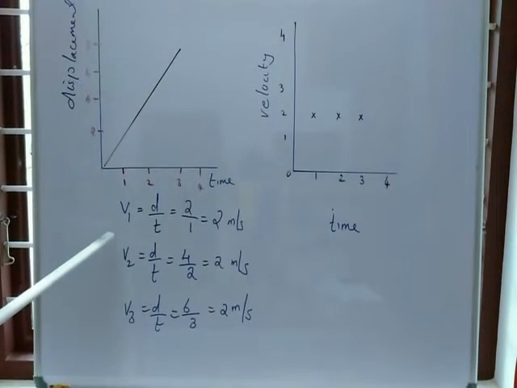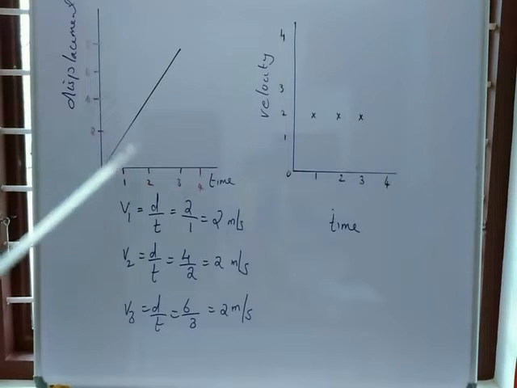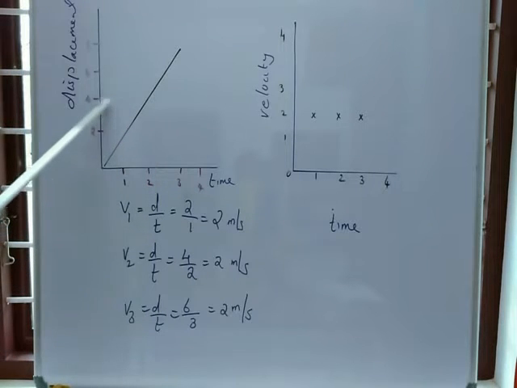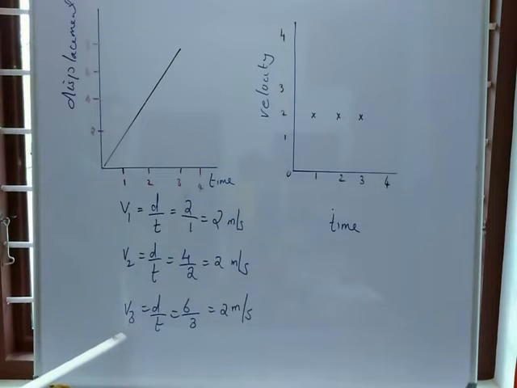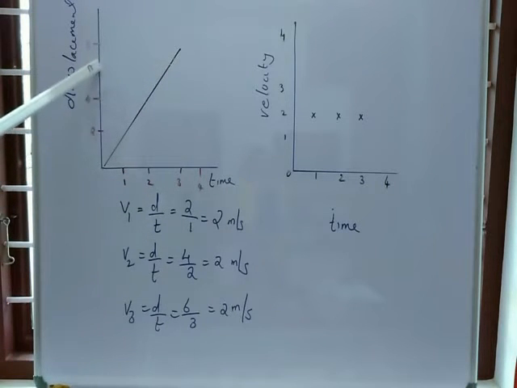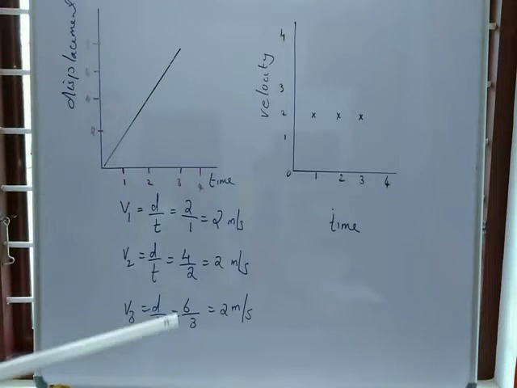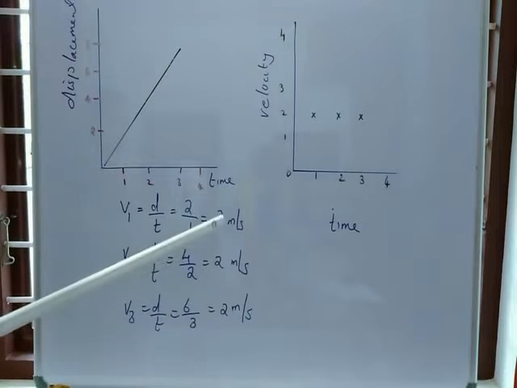Here we calculate the velocity at first second: displacement by time, 2 by 1, 2. Velocity at second second: we draw a line like this and join here. So you will get 4 by 2, again 2 meter per second. And velocity at third second: draw a straight line towards the displacement axis. It is 6, 6 by 3, you will get again 2 meter per second. So using these values,